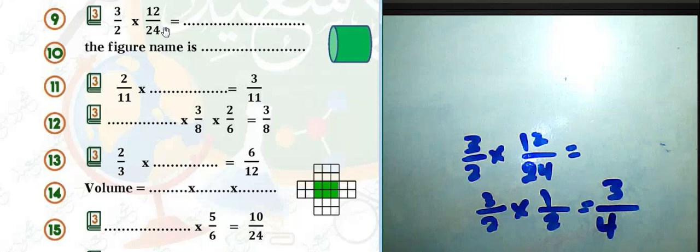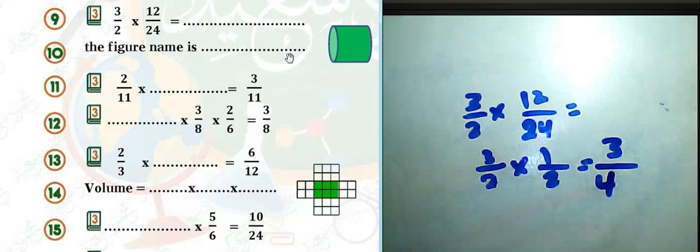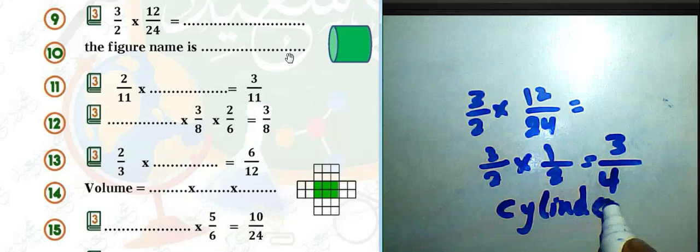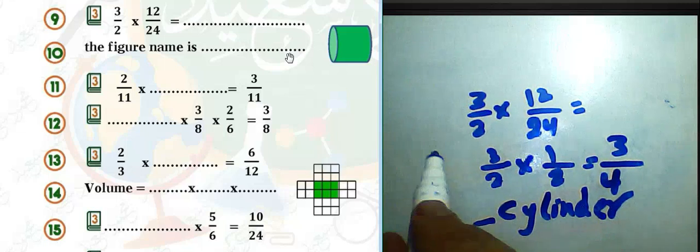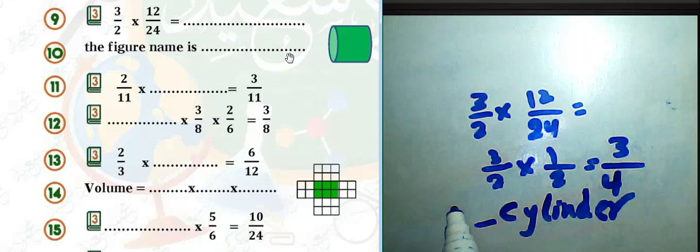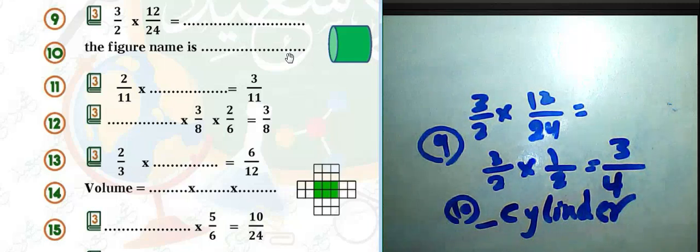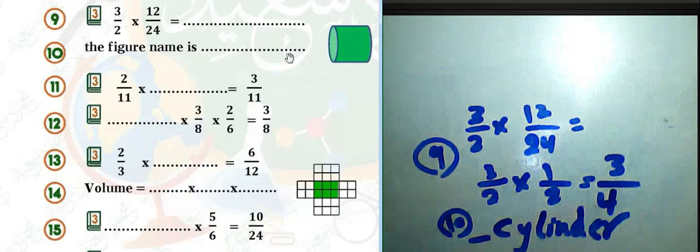The figure name is cylinder. We call it cylinder. Okay, question number 10, cylinder. Question number 9, 3 over 4. Question 11,